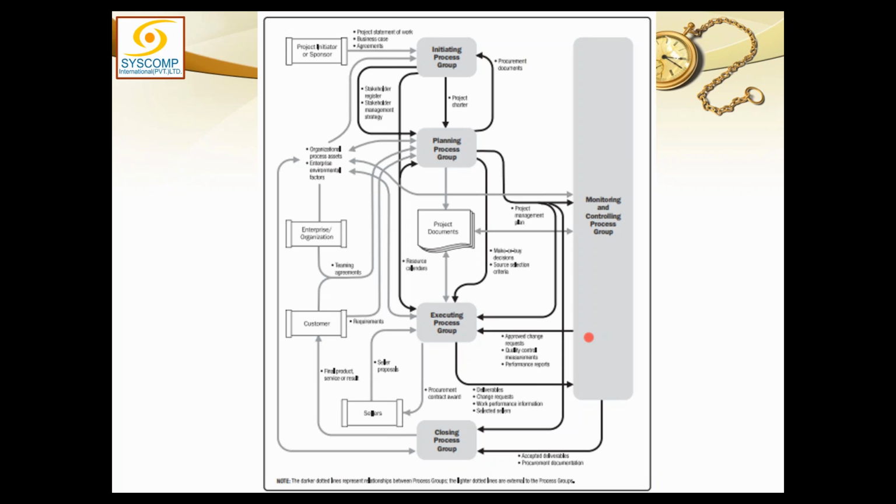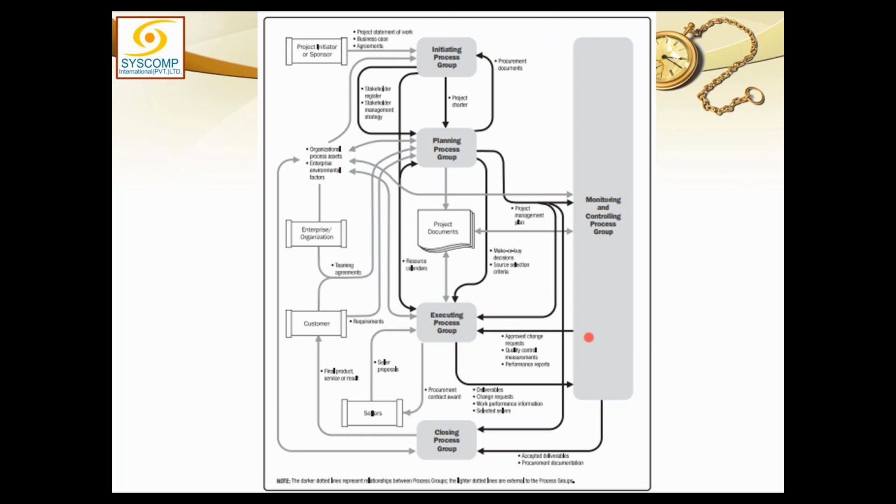Yes, sir. Work performance report. Right. So it started with the work performance data being generated from execution. Controls processed the work performance data, analyzed it, and converted it into work performance information. All the controls output the work performance information. All of it is collected by monitor and control project work, which consolidates it into the work performance report.